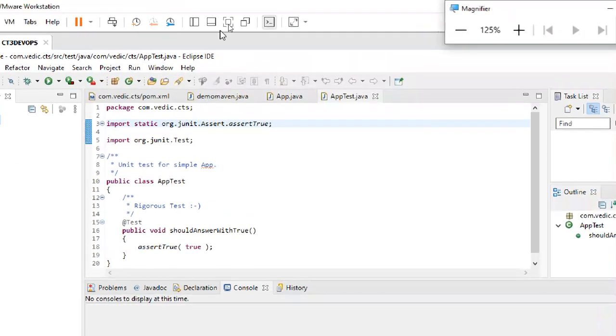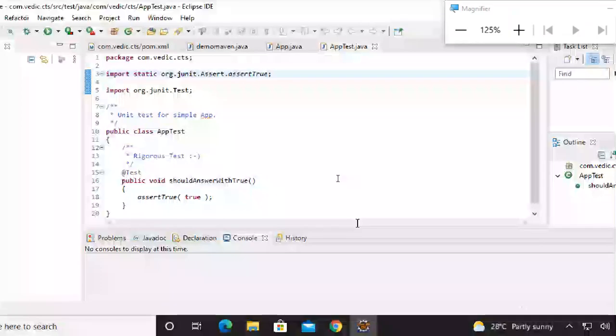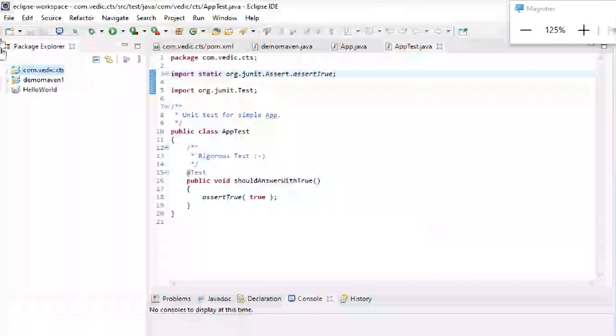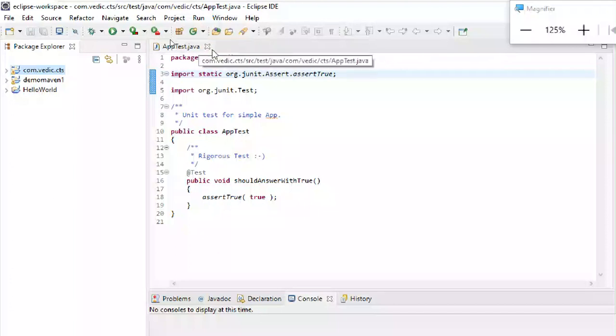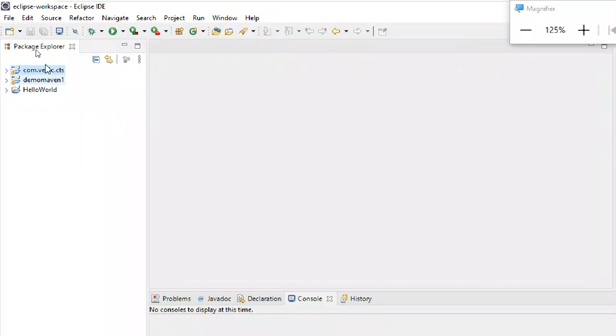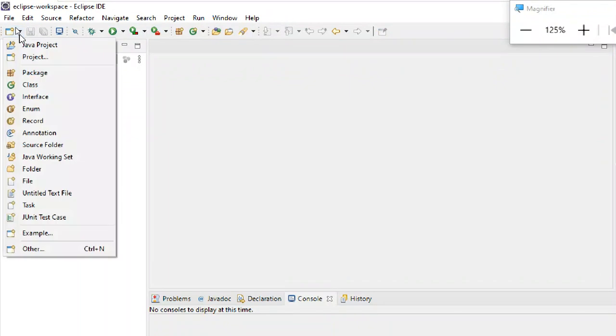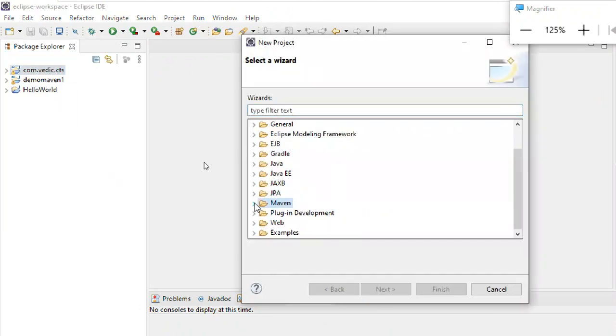Okay, so I'm going to full screen mode, so then I can see very easily. These are old files, so I'm closing this one. Not a big deal. So this is project. Okay, project. I'm creating a project, meaning what project I want to create.